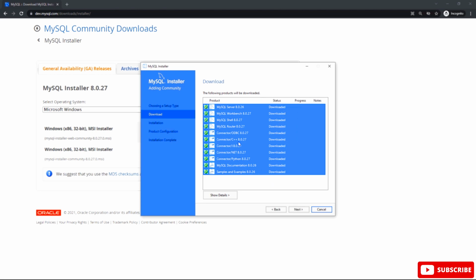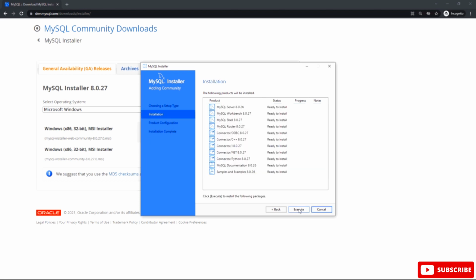You can see all the products are downloaded successfully, and you can see the status for each product, downloaded, and so on. After that you can hit next, then hit execute to install these products here, MySQL server, all the downloaded products as you can see, and also the connector for Python to work with MySQL in Python easily without any errors.